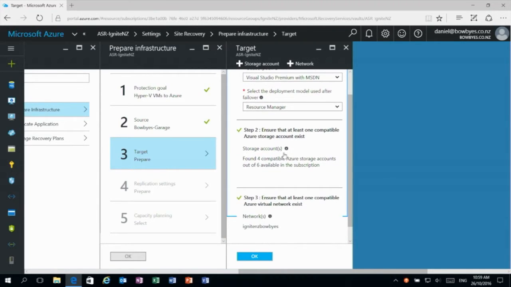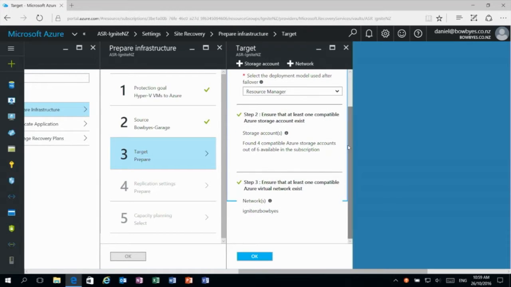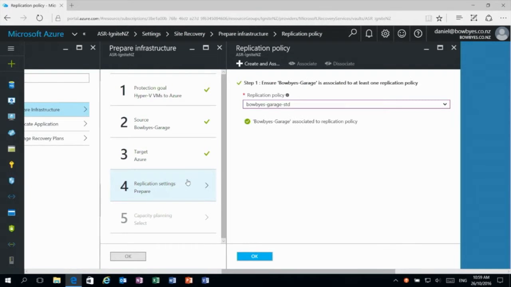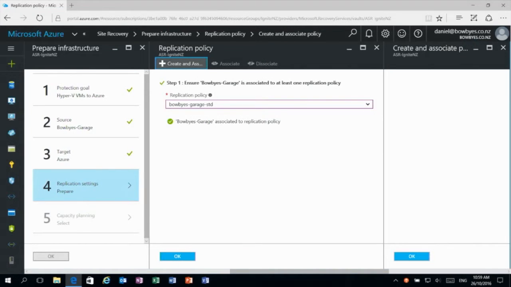I've got my storage accounts already created, but I could go here to add a storage account. And I've got my network created as well. I could go here to add a network. So once I've got that set up, I then have my policies. So if I go to create a new policy,